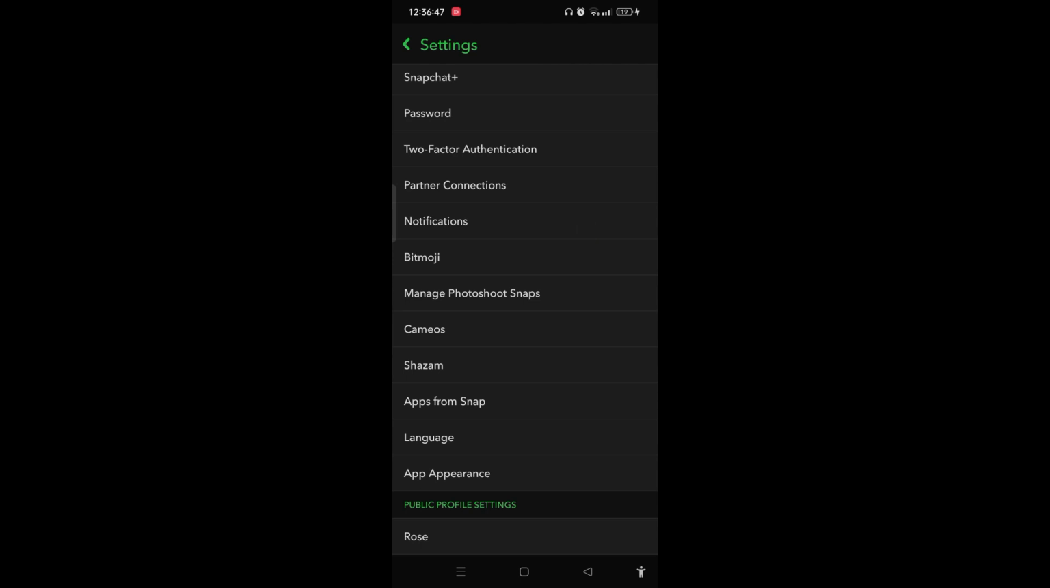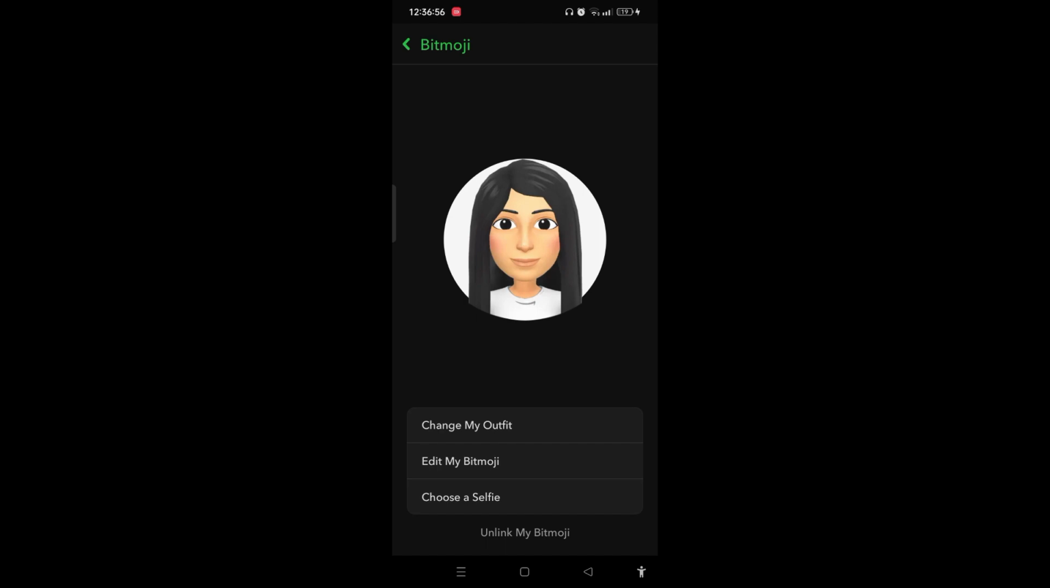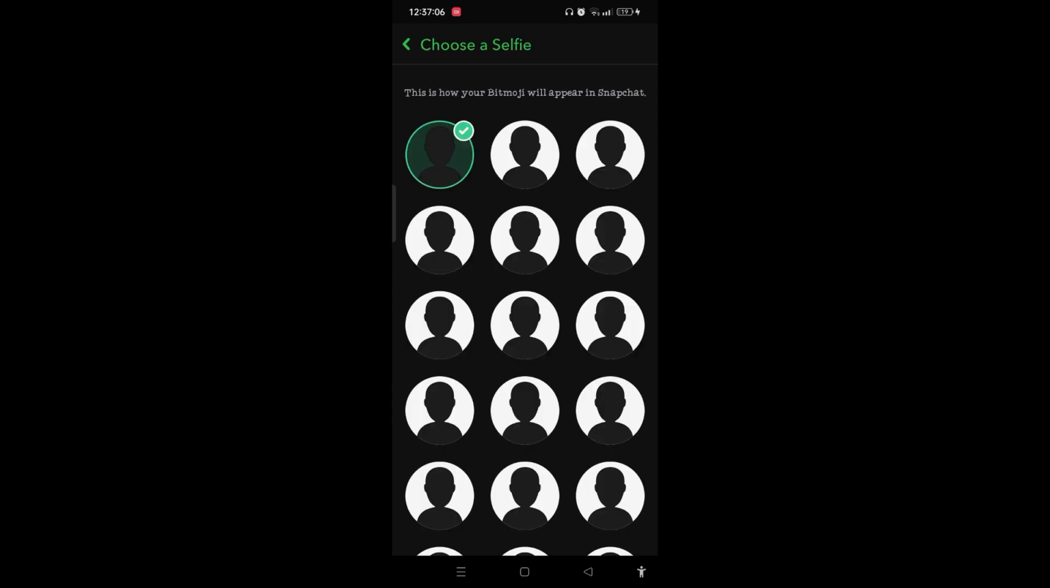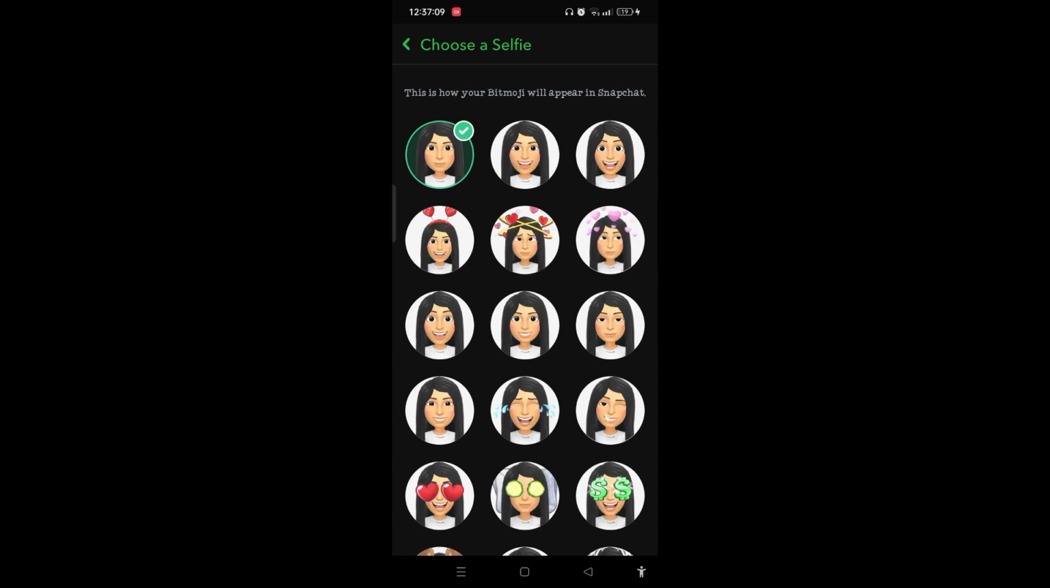When you reach on the settings page, you need to tap on Bitmoji, which is under notifications. So you can see that the Bitmoji is like this now. So to change the Bitmoji's facial expression, you need to tap on choose a selfie, which is at the bottom of the screen. Now on this page, you can simply choose any Bitmoji that you would like to appear on